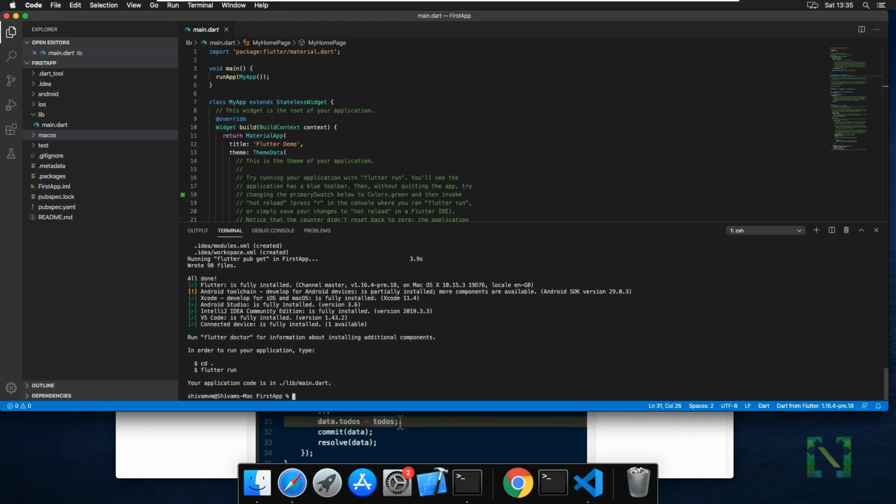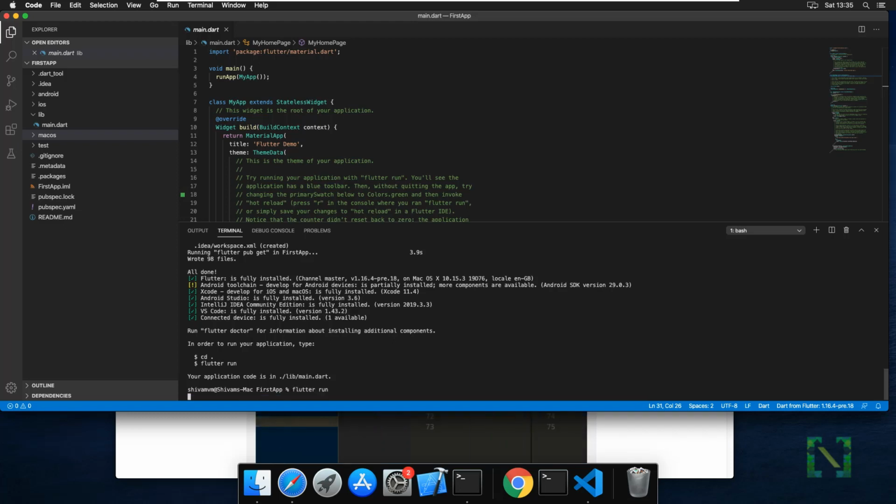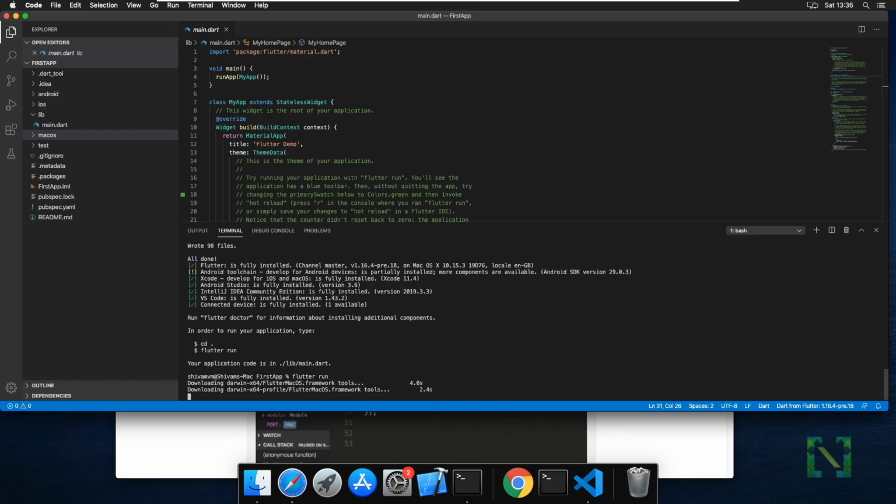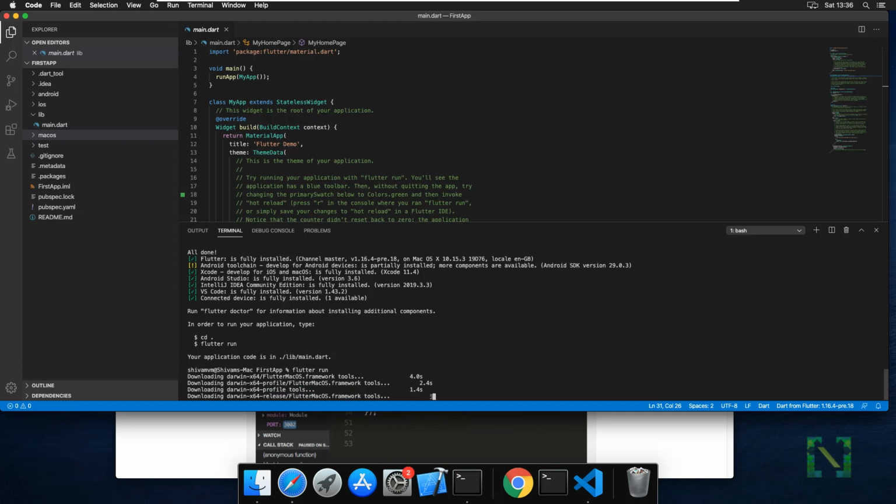In the same manner, there are Android and iOS folders, so that the lib folder can work with Android and iOS apps. So the final task is to run the application. Type flutter run, so the application will be built and launched for macOS. If you have many devices connected, you have to type flutter run -d macos, so you can tell Flutter to target the specific device and the application will run for that environment.